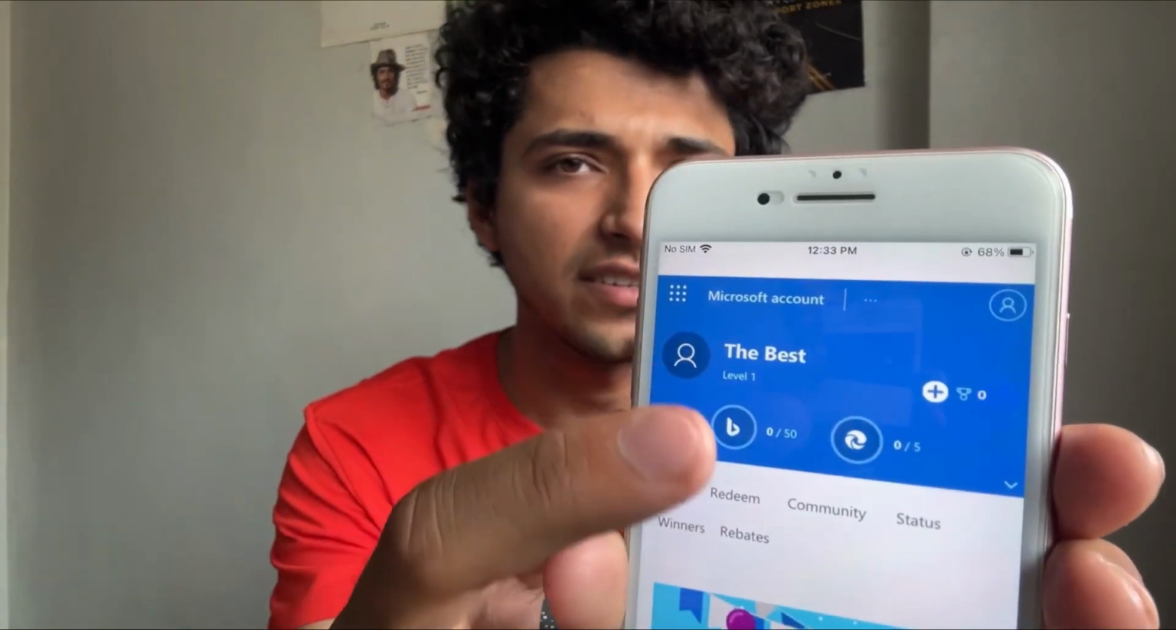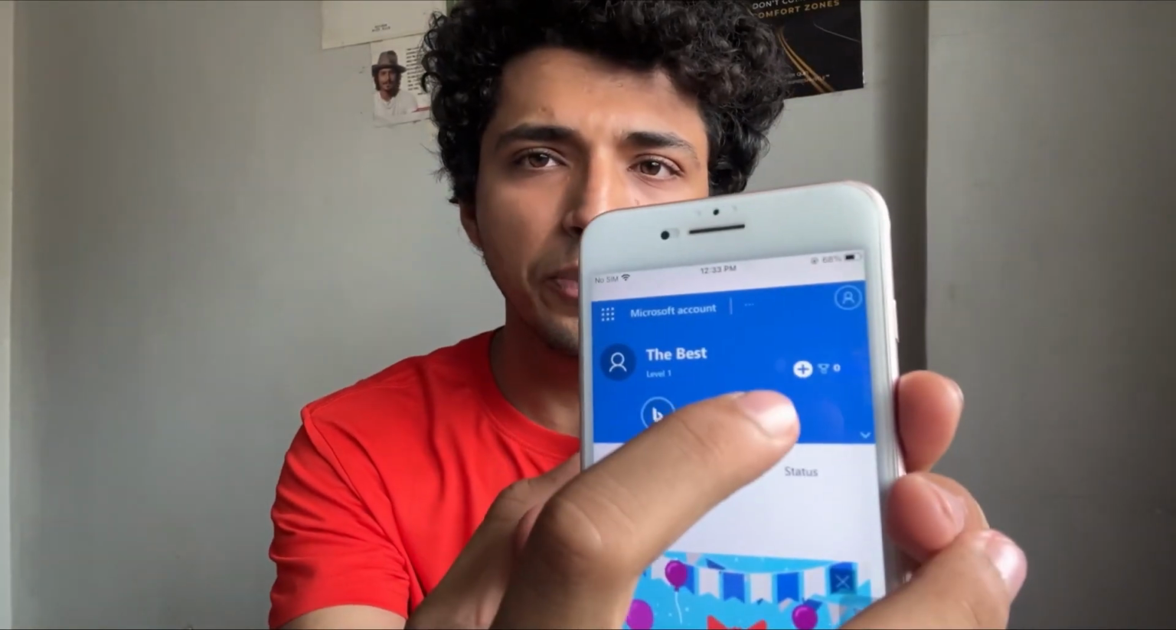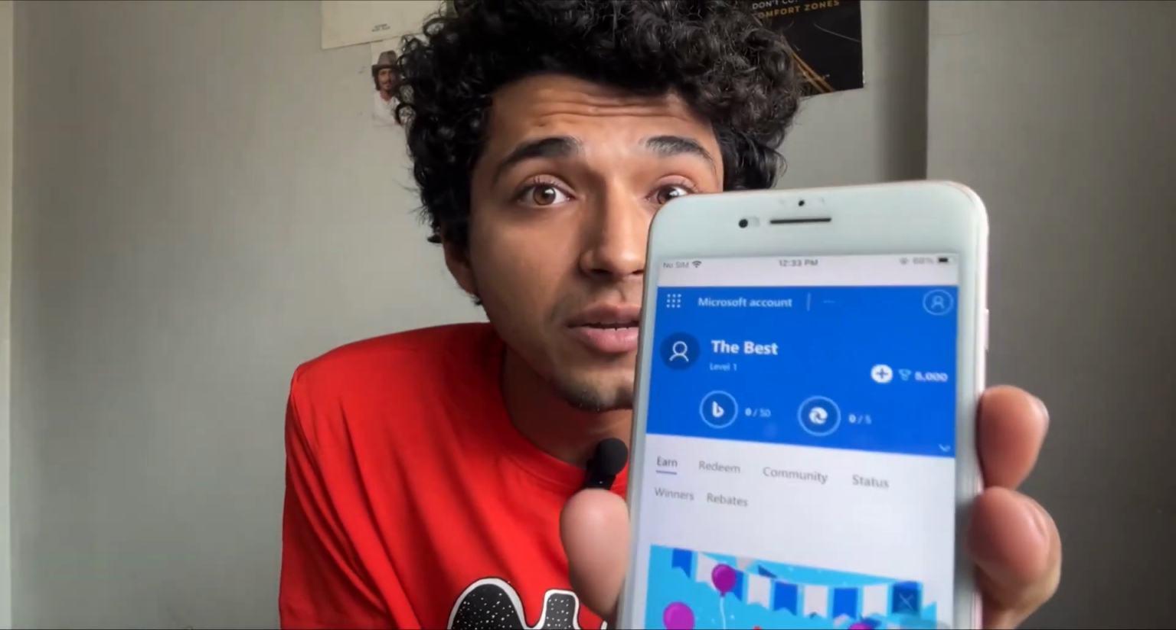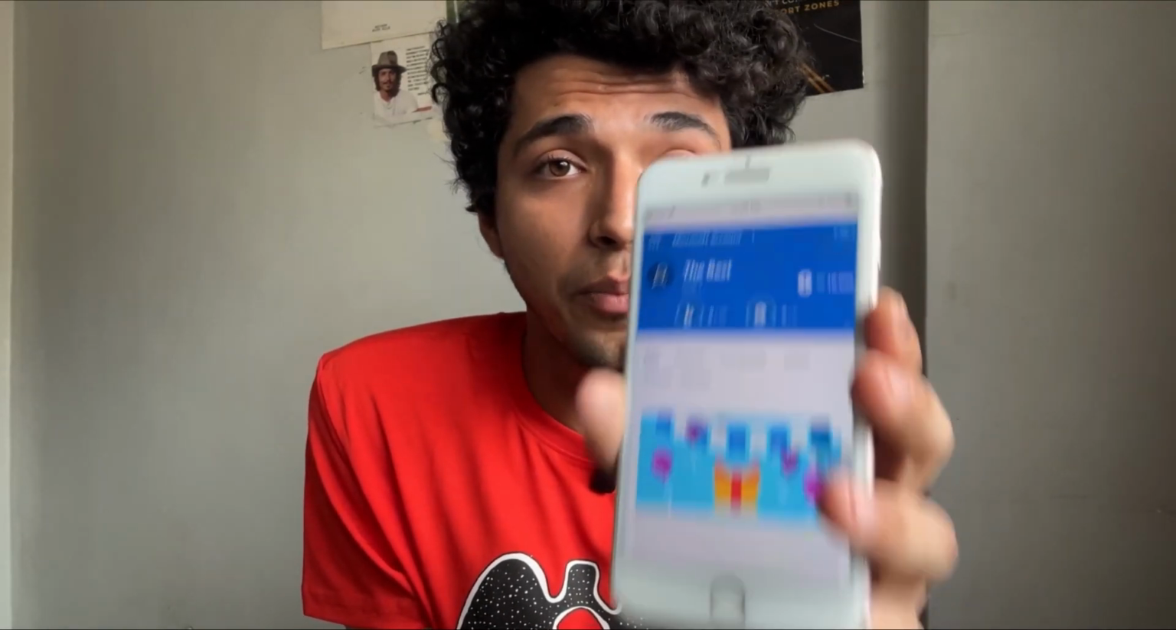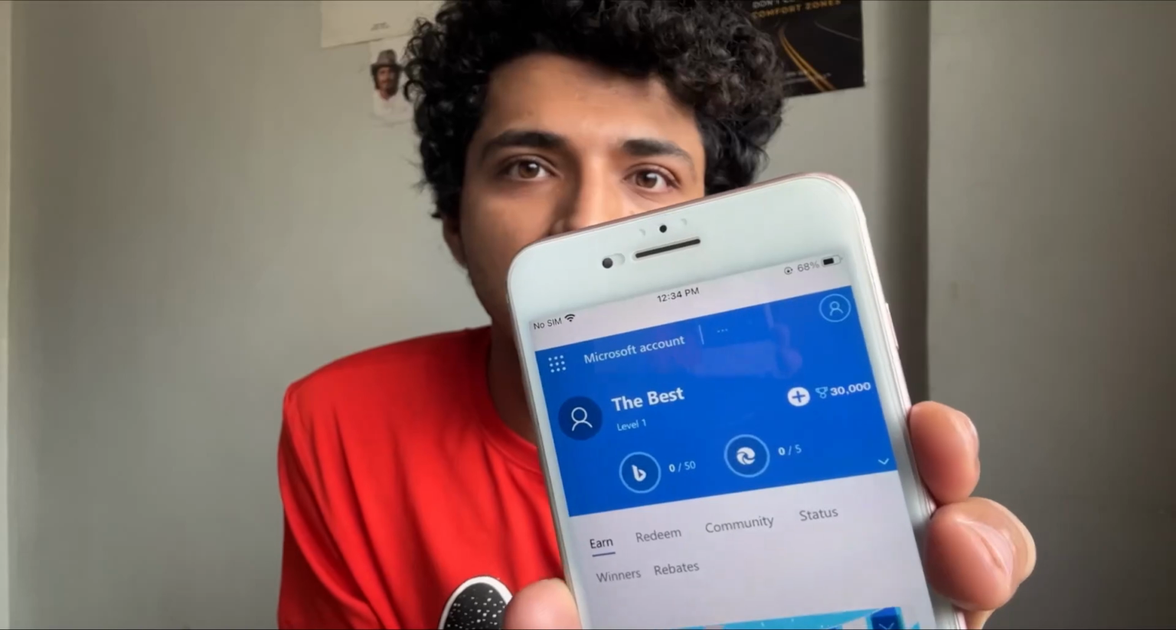When I click on the application, as you can see, this is my profile. I'm at level 1 and I have literally 0 points. But when I click on this plus button, I get 5000 points instantly in my account. Whenever I click on this plus button, every time I get 5000 points. You can see my account is updated to 10,000 points instantly. I can go up to 15,000 points, 20,000 points, 25,000 points, and I can go up to 30,000 points instantly in just